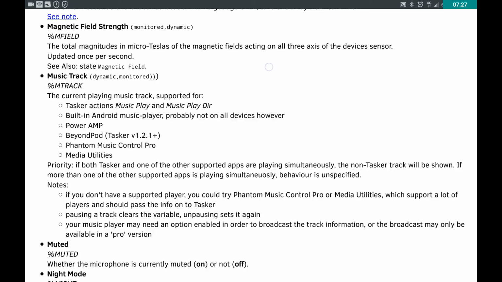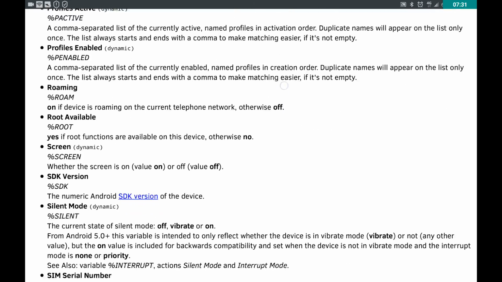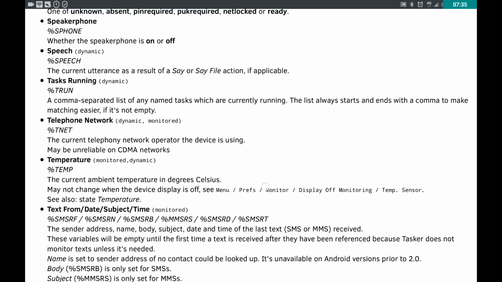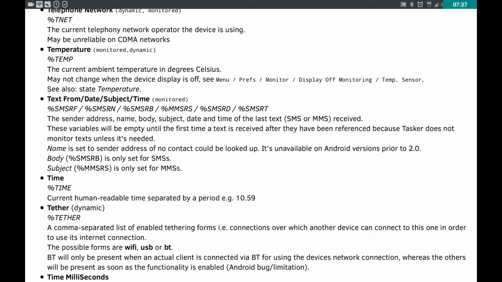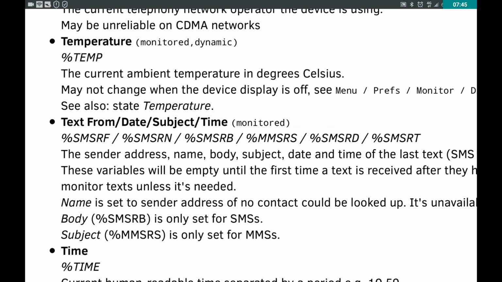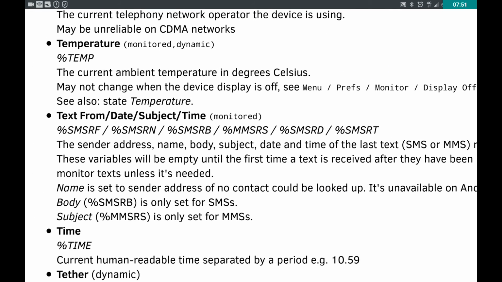It's not what I need. This is not what I need either. So remember that I needed something to do with the text. So I arrived at text from. Here we go. It says text from, date, subject, and time. And then it gives me different kinds of variables that are available for me to insert or to send to